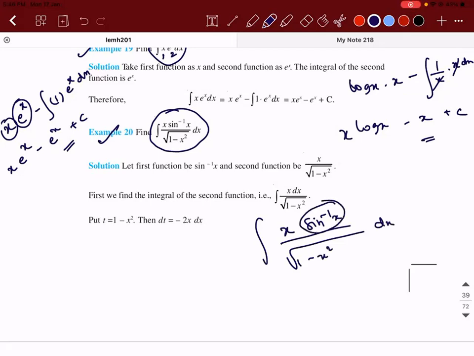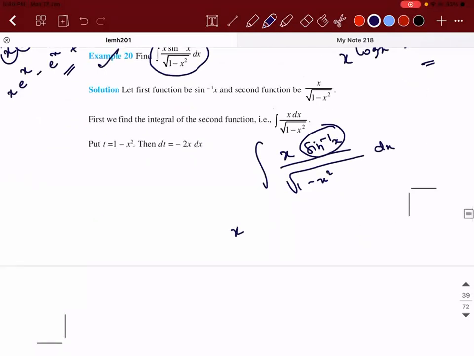Wherever an inverse trigonometric function is there, with respect to by parts, I'm not much comfortable, because the first function you have to keep differentiating. When you differentiate an inverse trigonometric function, you keep introducing denominators, correct? Because the derivative of sine inverse x is 1 by root of 1 minus x square, and cos inverse is minus 1 by root of 1 minus x square. So I'm not comfortable with denominators, and I always go with substitution.